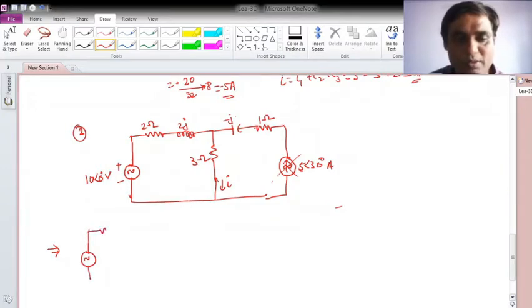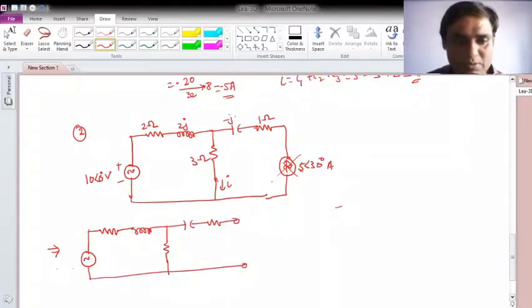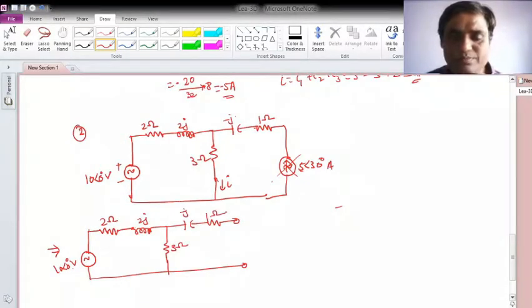Okay, then resistance 2 ohm, inductor 2J, then there will be 3 ohm, that's it, and then the capacitor with resistor like this, and this will be 10 with angle 0 degree. This is 2 ohm, 2J ohm, this is 3 ohm, minus J ohm, and this is 1 ohm. Okay, now what I would like to find is this current I. So this can be obtained simply as V by impedance.